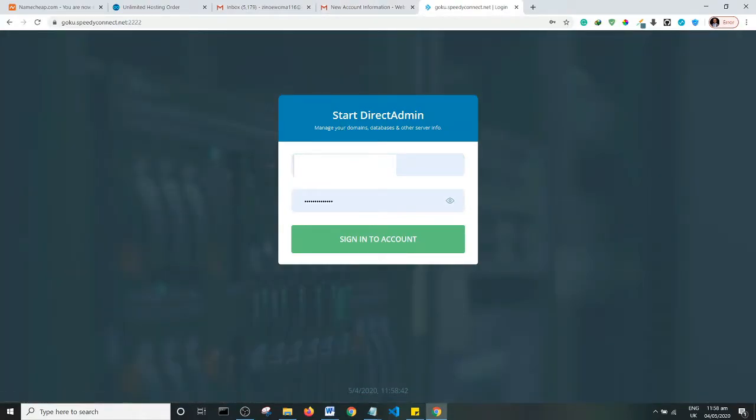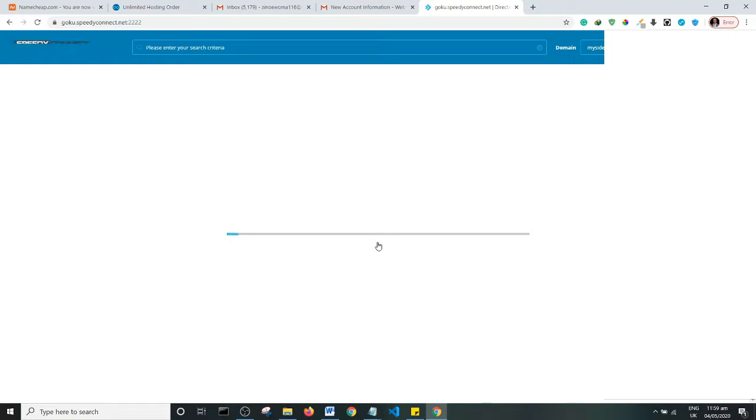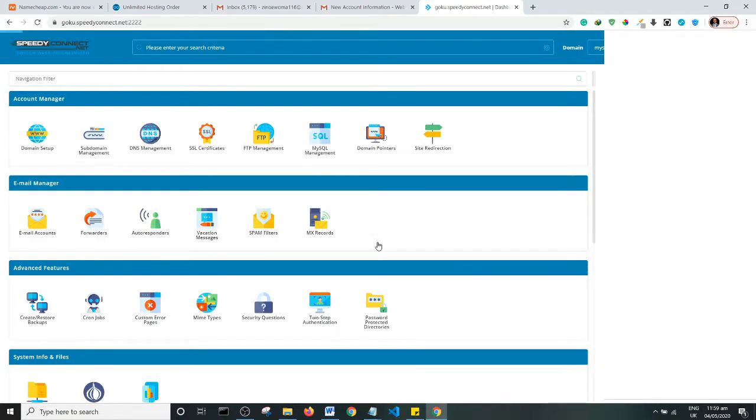So basically this is what the login station looks like. I'm going to log in, and by the way, I'm also going to have my username covered because I wouldn't want anybody guessing my password. So I'm going to click on sign into the account. Okay, so this is what the control panel for